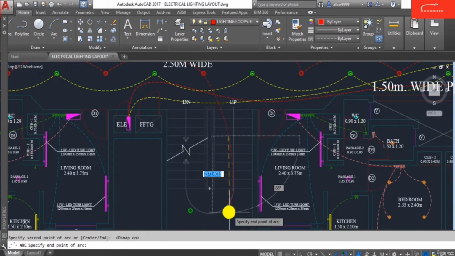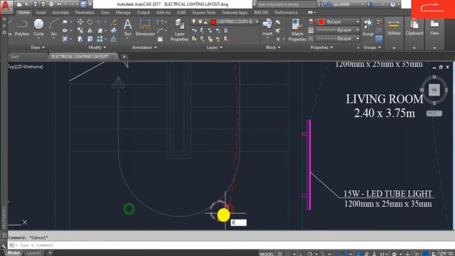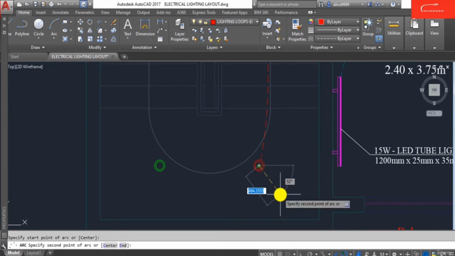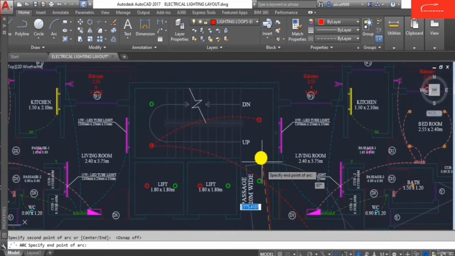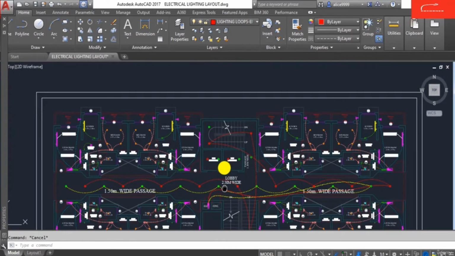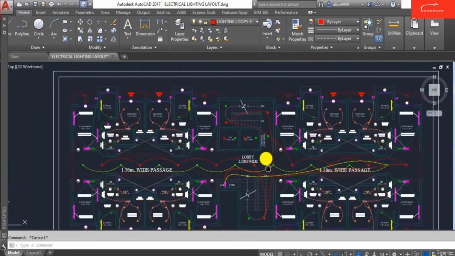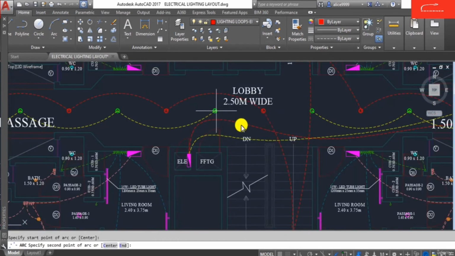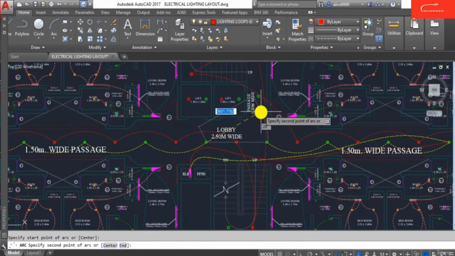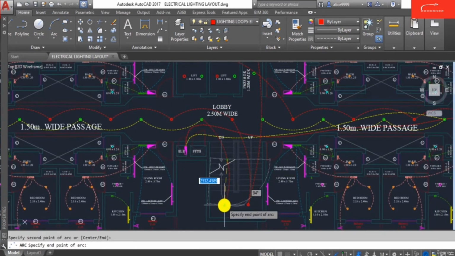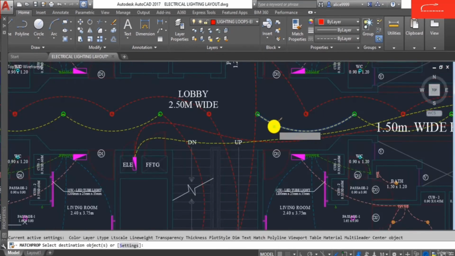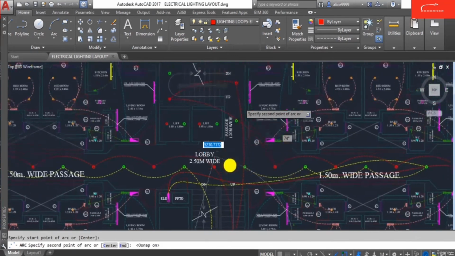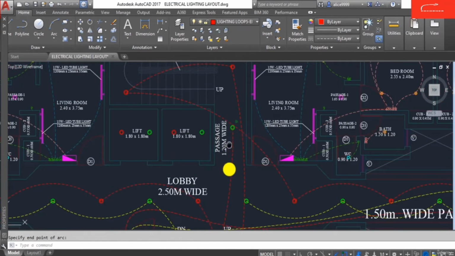Emergency lighting from here. The main lighting like this from here to this, and from here to here,